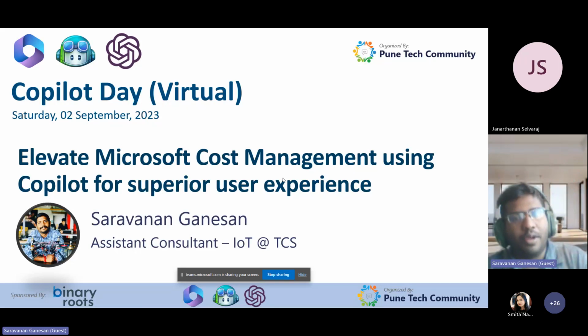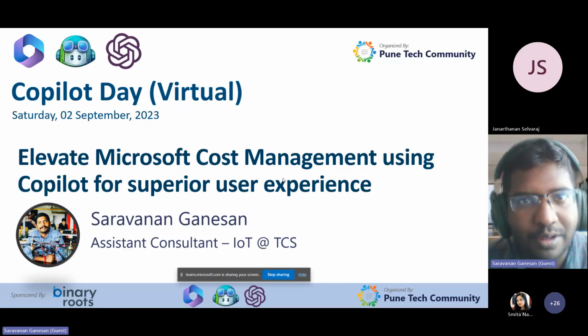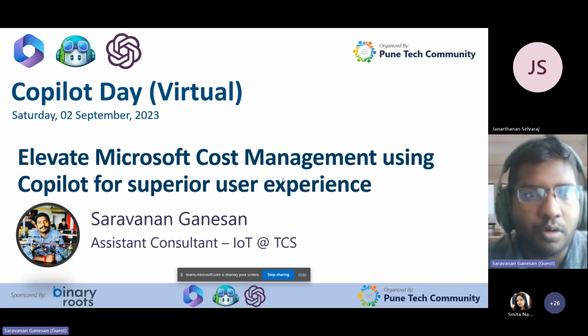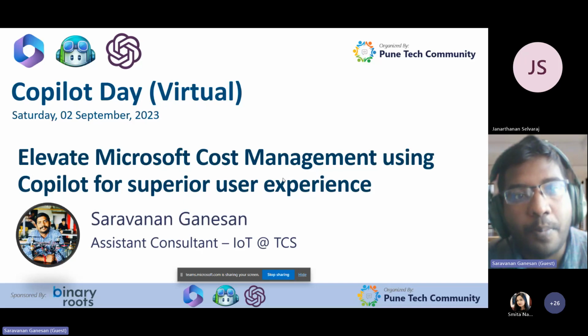Okay, so you know very well that cost management is a big headache for each and every program manager who has been dealing with a lot of things from the client side, and from our POC point of view. We need to do cloud cost management. It's a daily, tough task for each and every program manager to calculate and provide the insights to our client. So to avoid those things and to improve them, Microsoft has introduced